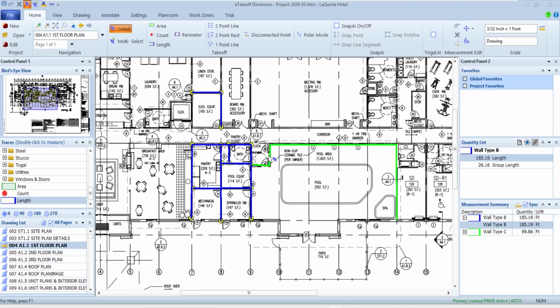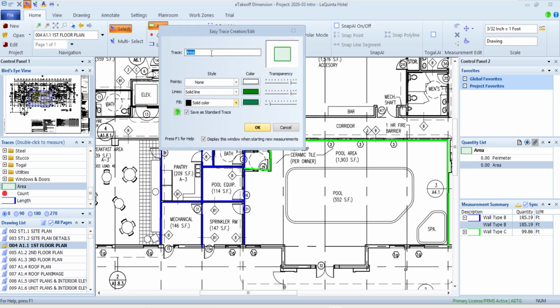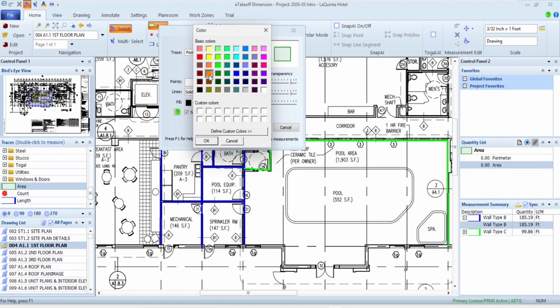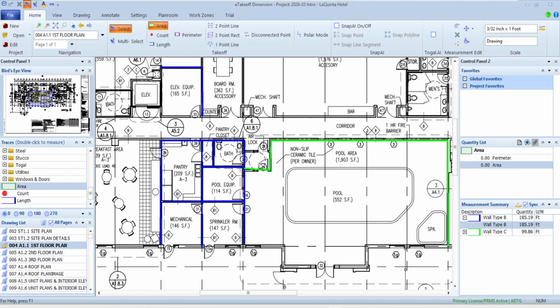If I go through and let's say I want to do an area, so I'm going to go up and say that I want to do a square footage of something, and maybe I'll do the square footage of the pool area here or something of that nature. So I'll just go up to area. Some sort of description for it. There again, some sort of color of whatever I want to associate it with. I don't need to save this one here. I'm going to just say okay. And there again, it's just a matter of tracing out and figuring out where that area is going to be.